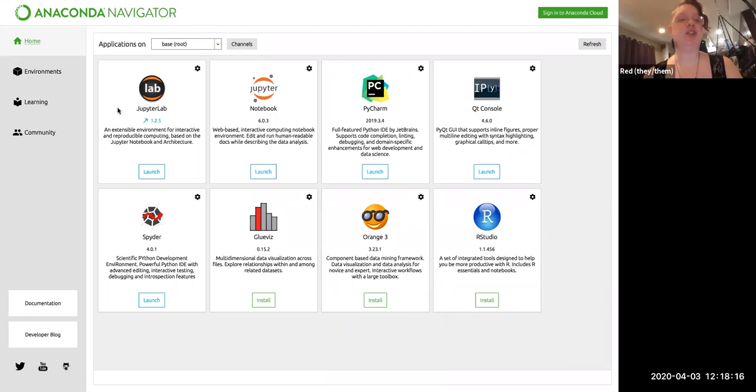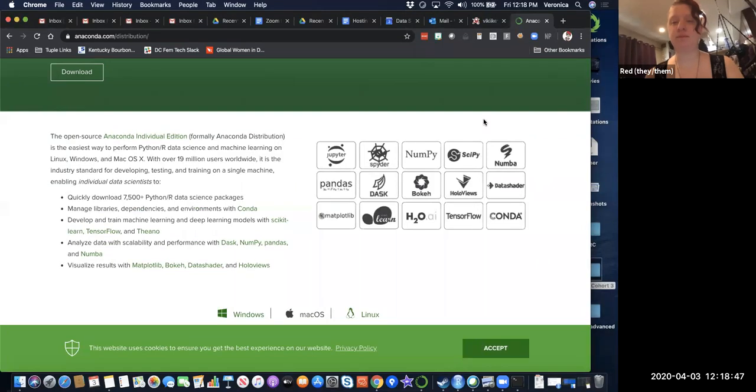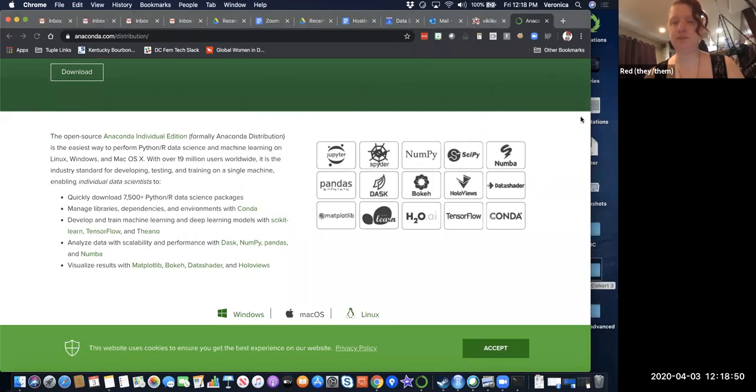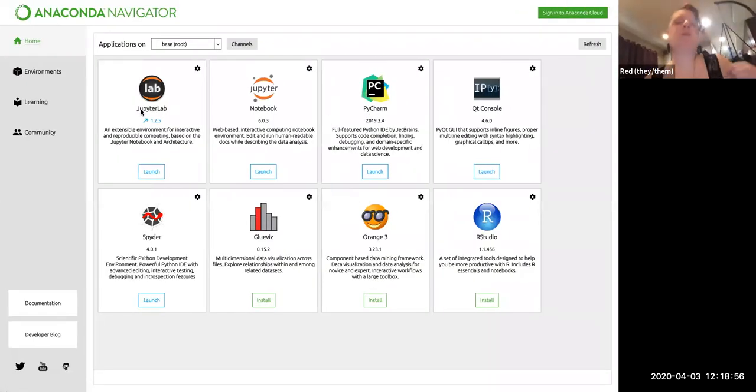You're going to see Jupyter Lab, Jupyter Notebook, PyCharm, IPython, Spyder, Glueviz, Orange 3, and RStudio. Now, a lot of these are going to have little launch buttons underneath them, and some of them are going to have install buttons. You should have a launch button underneath Jupyter Notebook. If you do not, send me a message. Okay, but before we get into Jupyter Notebook, which is what we're going to use today,